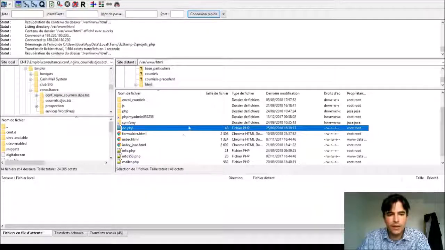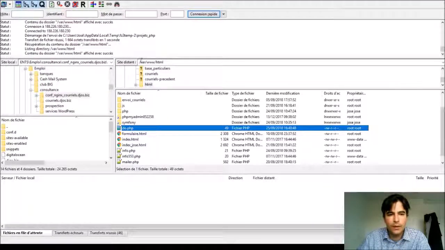Welcome. In this video we are going to see how to run PHP files, so files with a PHP extension, on Nginx, and also a Symfony application in a different folder. We are going to see the configuration file for Nginx in Notepad++. We are going to see the code of a Symfony controller in NetBeans. We are going to see where the Nginx configuration file is in FileZilla, where the configuration file is on the